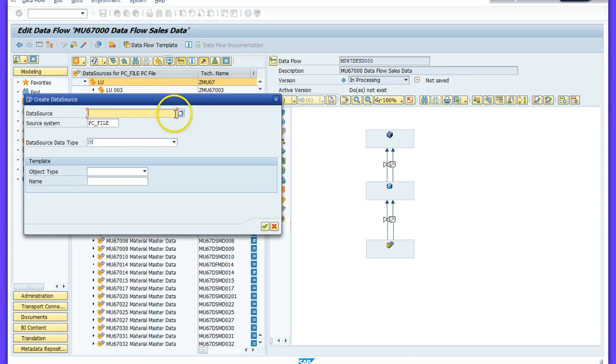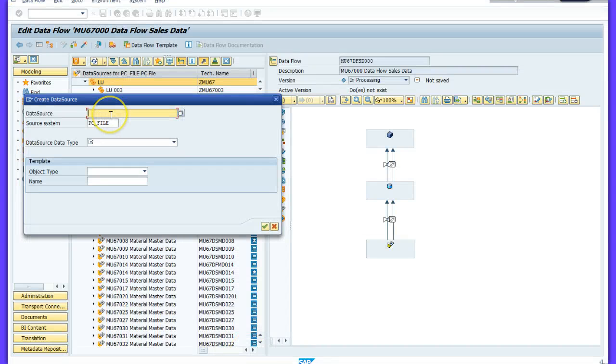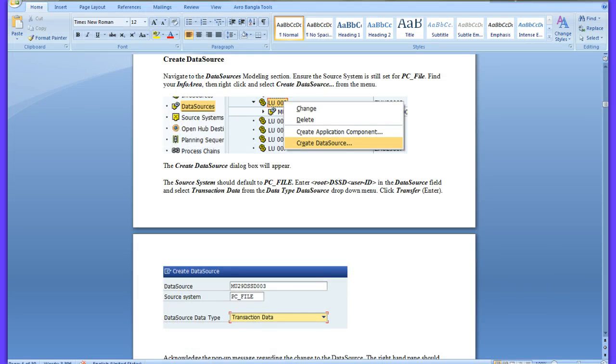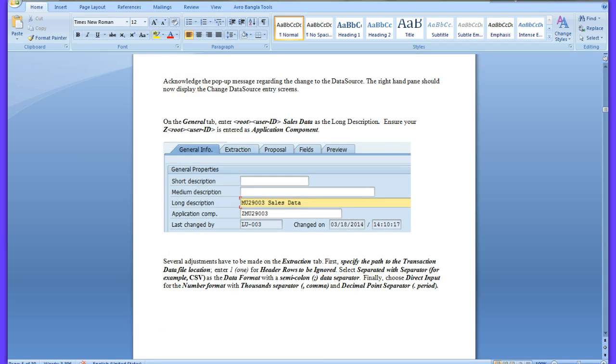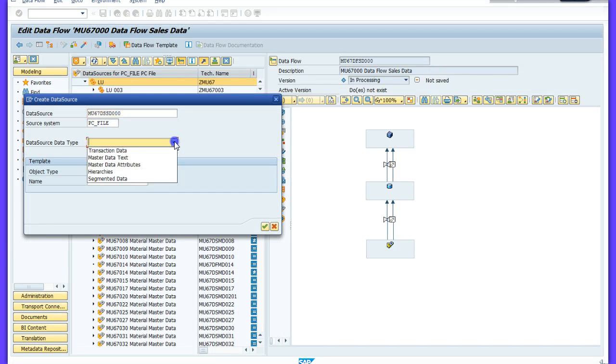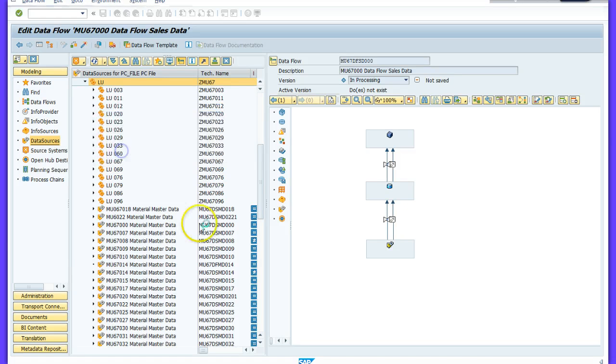Okay, source system is PC file, and I will name the data source as NU67 DSSD and then my login number. The data source type is transaction data. Okay, then I run it, I save,